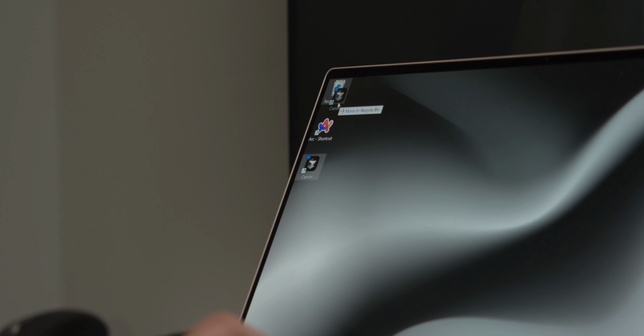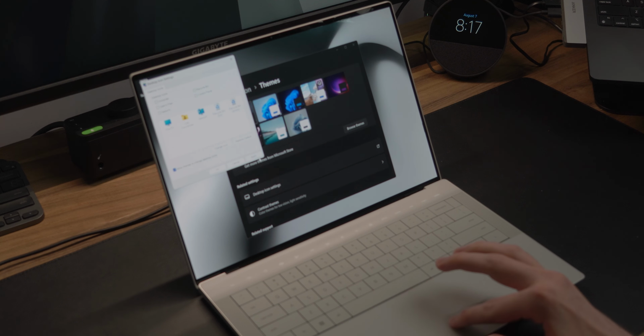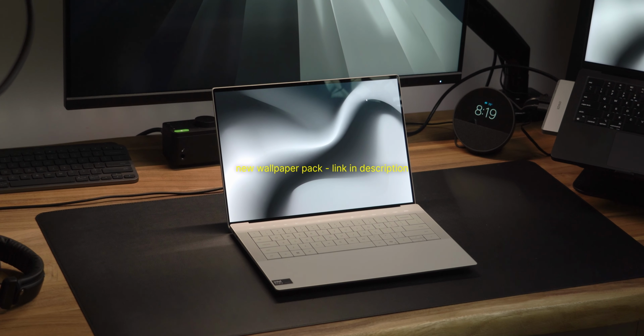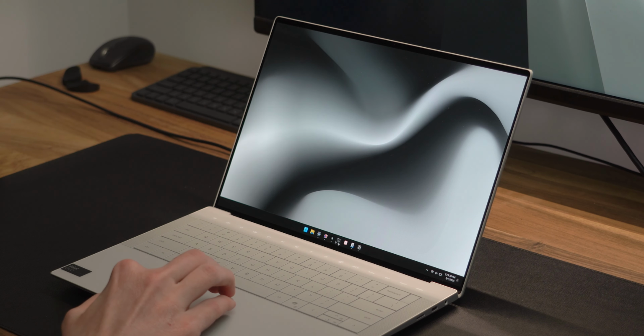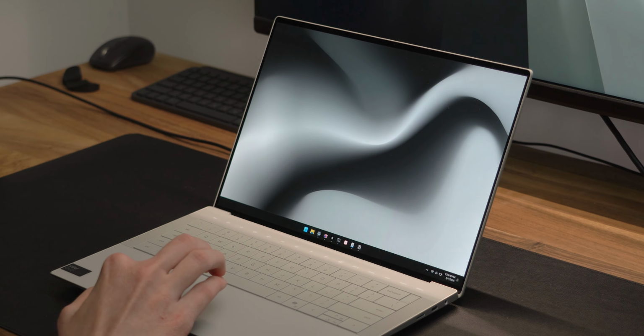I remove any shortcut that's on the desktop and then go into settings, personalization, and related settings where I uncheck show the recycle bin. This way there's literally nothing on the desktop and it looks super clean. Additionally, I like to hide my taskbar and throw it on the right side, but Windows 11 makes this almost